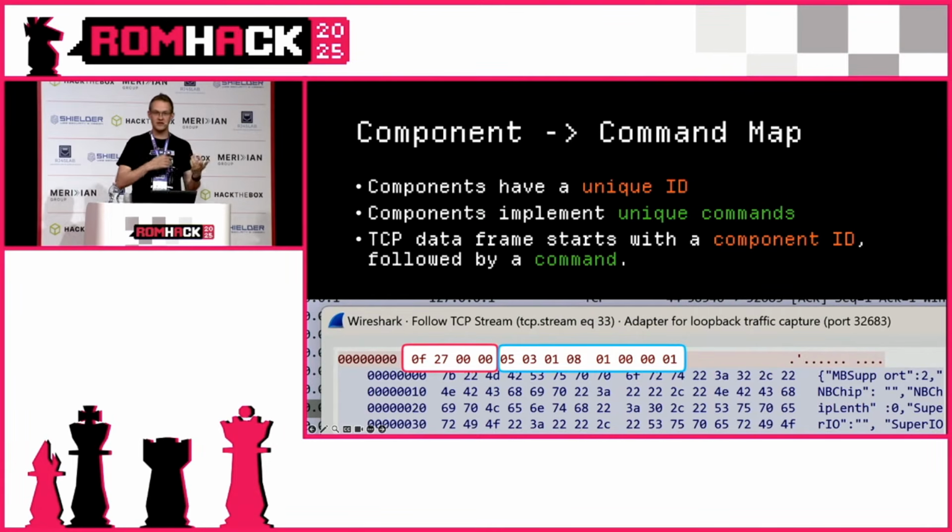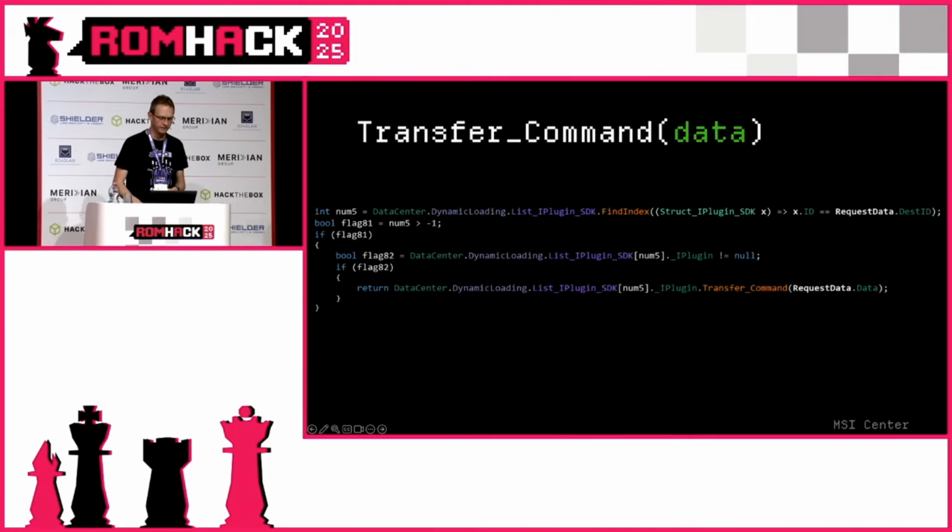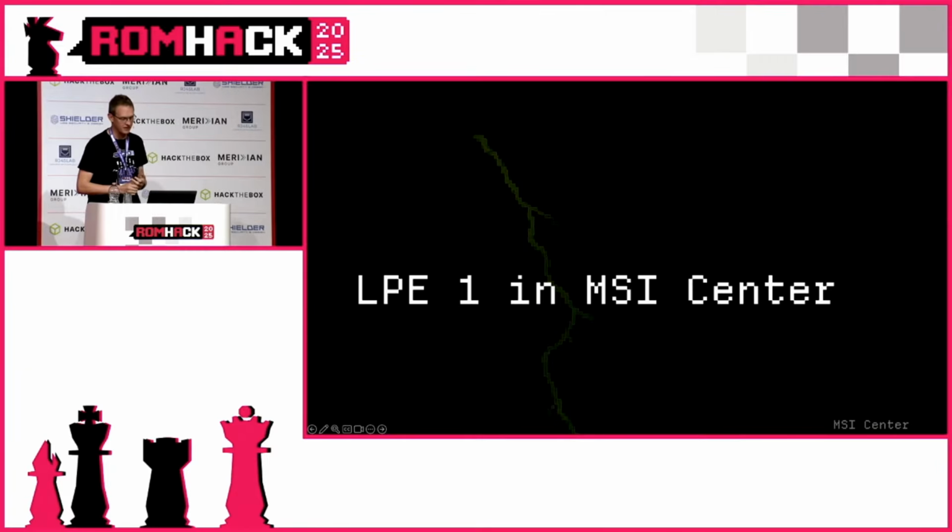So when we reverse that back to what we saw on the TCP stream, the first 4 bytes actually tell us which component, which DLL, we need to target, then which command we want to run in there. From a TCP socket perspective, once the data is sent in, this sort of dispatcher runs, which goes, what is the component ID, send the rest of the bytes off to that component, and hopefully it knows what to do with that. Cool. So now knowing how this stuff works, let's talk about the first vulnerability, which is an LPE